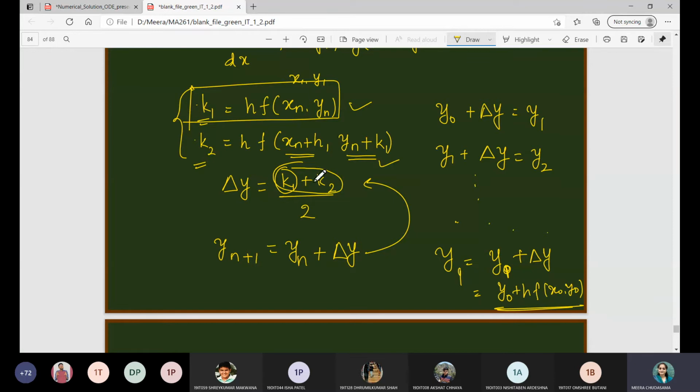Second order means we have to consider these two computations k1, k2, and taking the average of them gives the increment in y, and that we have to add to the preceding approximation, right? And in the fourth order, we will see there will be 4 terms, k1, k2, k3 and k4, involved. So what are these 4 components? In that case, I am talking now about the RK method of fourth order, right?